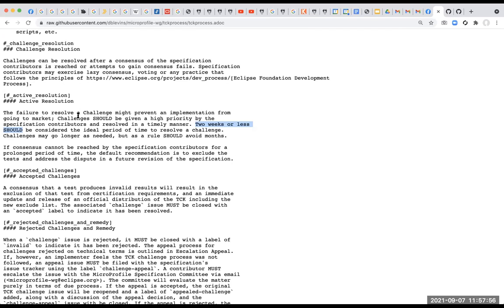Okay, so within these 2 weeks, how can we end early? What's the criteria? How many +1s do we need to be able to exit? Some specs don't really want to wait for 2 weeks. So that's the homework for all of us, because we're at the top of the meeting. The homework for all of us is how can we get agreement quickly in a way that we're all happy